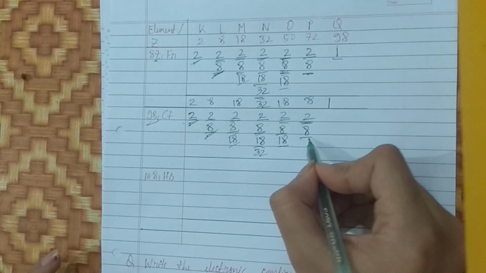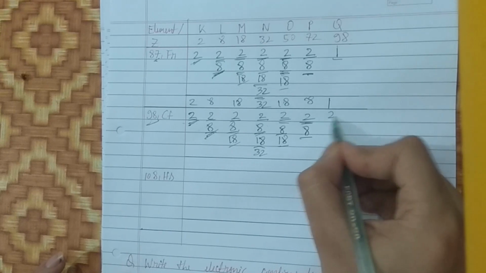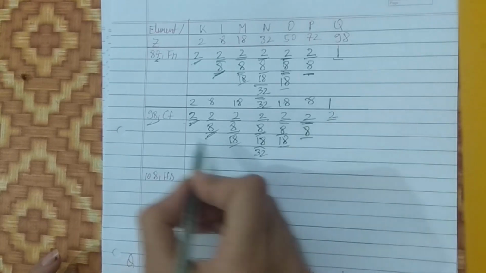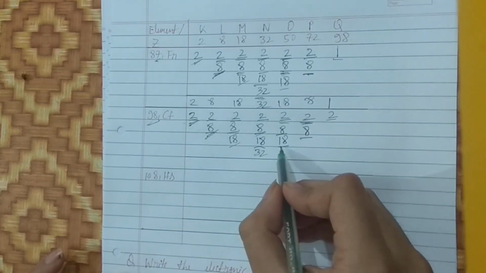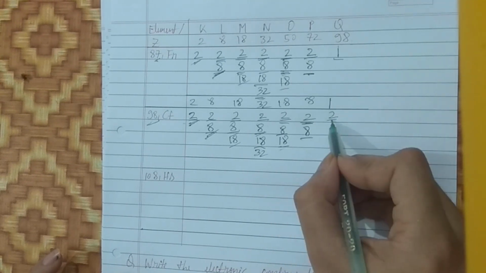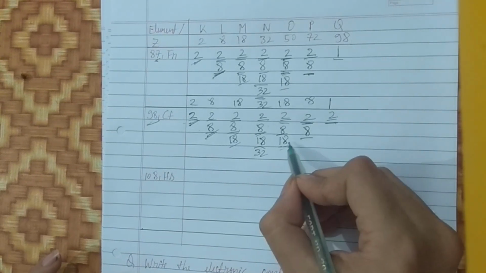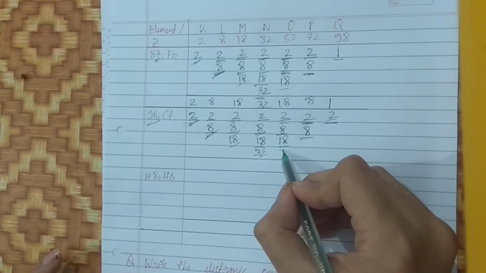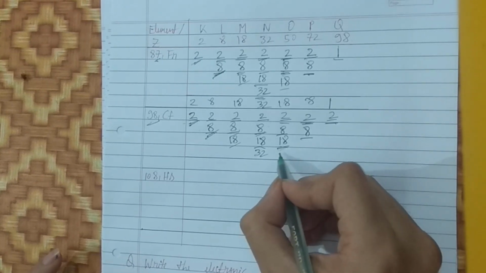After that octet rule will come in picture. So we will fill the next 2 electrons here, and again we will check. But before checking, let's add 8 to 10, 18, 28, 32, 60, 70, 78, 86 to 88. Okay, so 10 more electrons are needed. We will check if n minus 2 is fully filled or having 32 electrons. No, in this case it is having only 18 electrons, so the next 10 electrons will be filled here up to